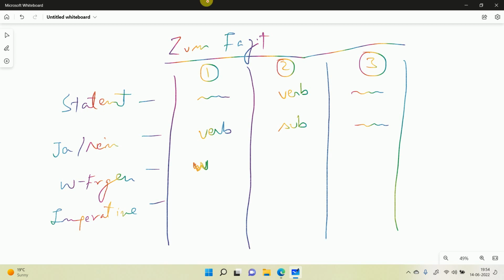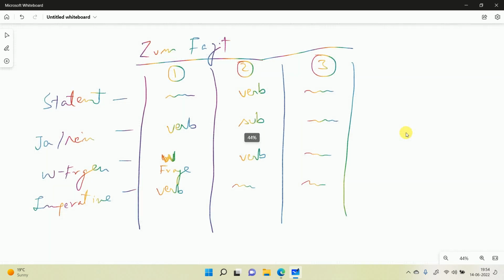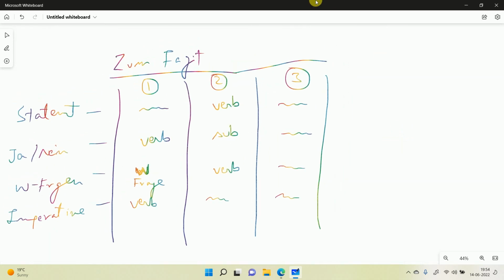That is welche, warum, where, all that stuff. Then comes the verb, and then comes blah blah blah. And in imperative, the erste Punkt ist verb, and then blah blah blah. I'll give a small example right away, so you can take a screenshot and it will be very clear to you. Zum Beispiel,